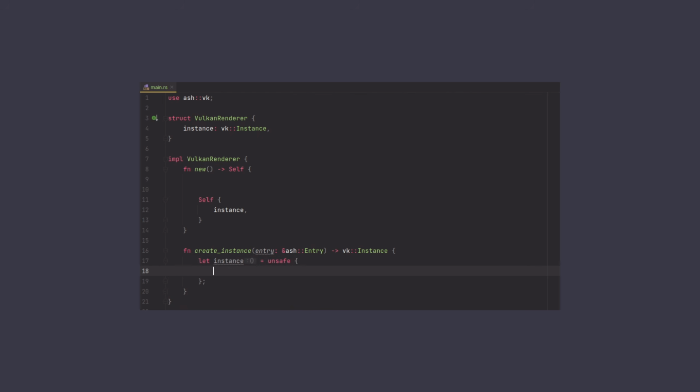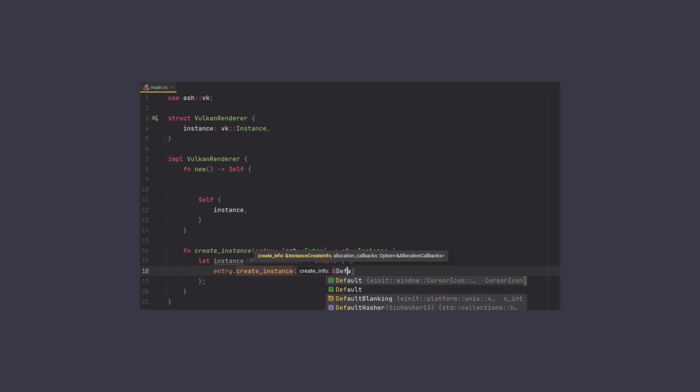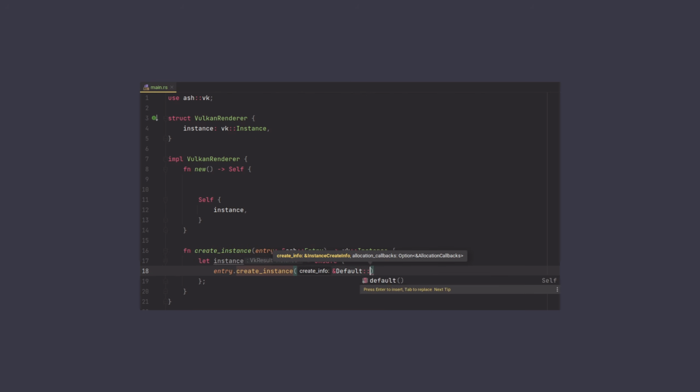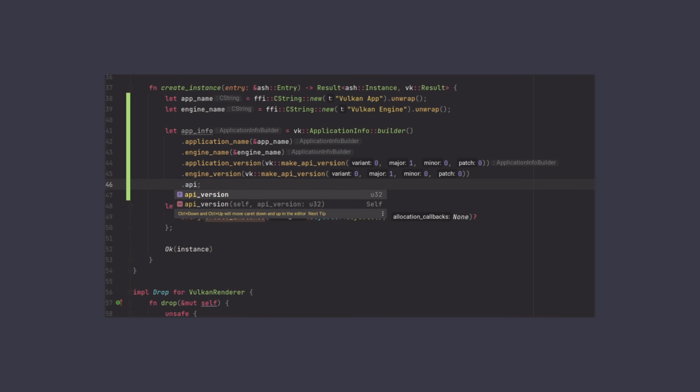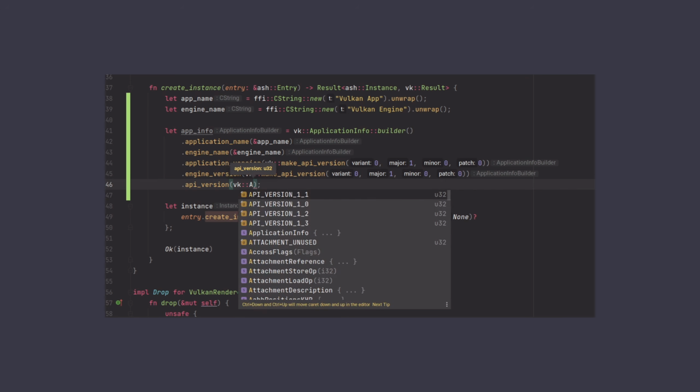Here you can see that I'm using an unsafe block to call an Ash function. That means that Ash is unsafe, but that's not a problem because we're going to safely wrap it in our engine. All unsafe essentially means is that we can call unsafe functions and dereference raw pointers, but that's not really of our concern here. When creating an instance we can pass in some parameters, for example the application name or